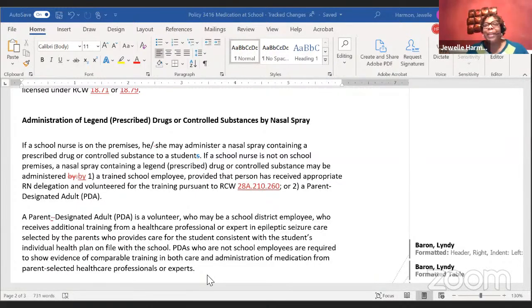Sorry, finding my picture again. So typically we follow the WASDA model, and so as they update that language, but that's something we can definitely start to look at as we move through our policies on our own, because we also have a little bit of, I won't say poetic license, but we do have some flexibility in some of that language. So that's something that we can consider as we move forward, if that's of interest to the board, to use more gender neutral language. Thank you. I appreciate that.